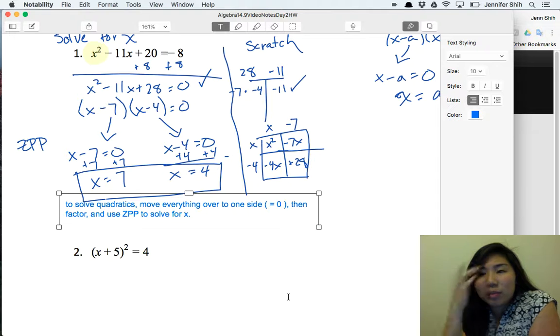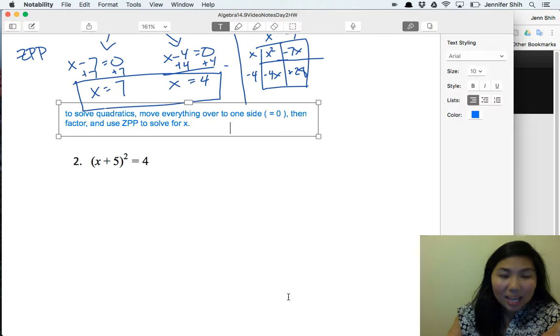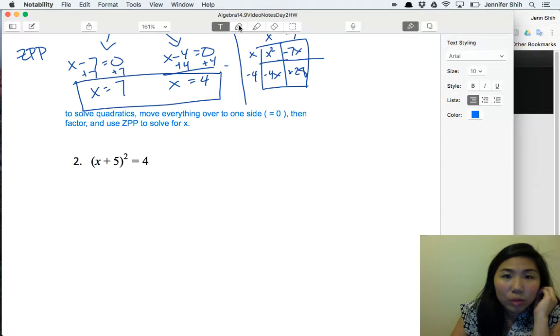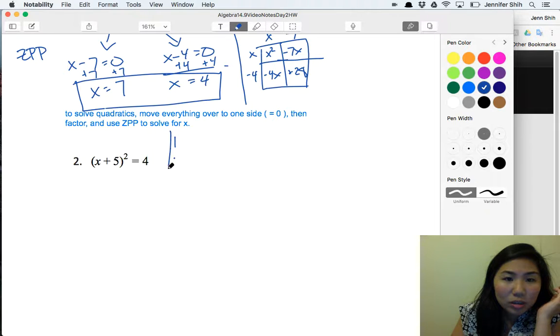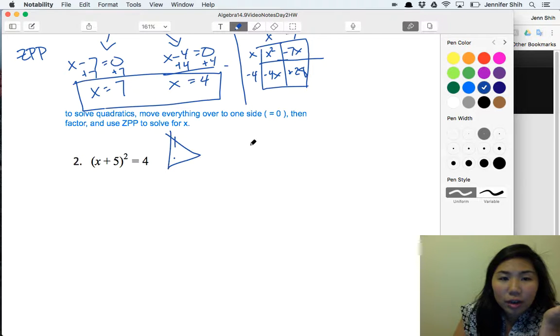There are 2 more examples, and then we're going to do a word problem video. That might be part 2 at this rate. Okay, how do we do this? What do we do? In this case, how do we solve for x? I don't think you know how to undo these squares, the opposite of a square, yet, but that's coming up. So in order to do this, we're going to expand first,